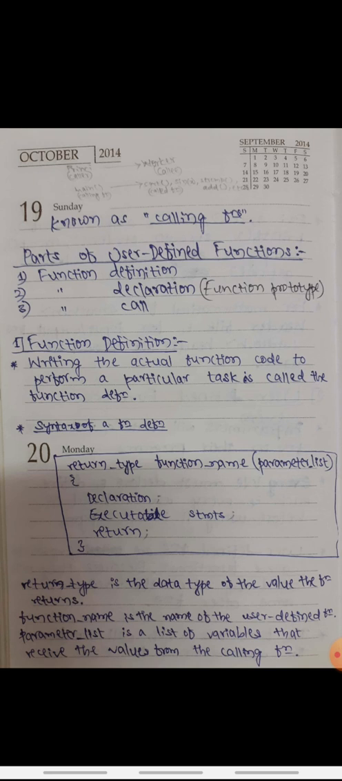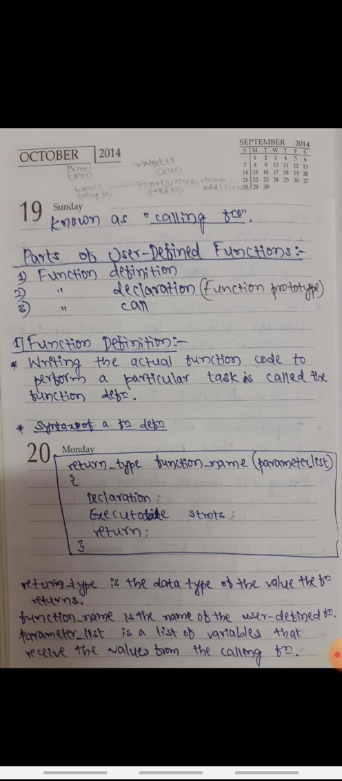Writing the actual function code to perform a particular task is called function definition. Writing the actual function code is nothing but writing the actual instructions to perform a particular task, or specified task, or well-defined task. The syntax for this function definition is like this. First we should write a return type, then the function name, then in the parenthesis we should write a list of parameters separated by commas, then open the